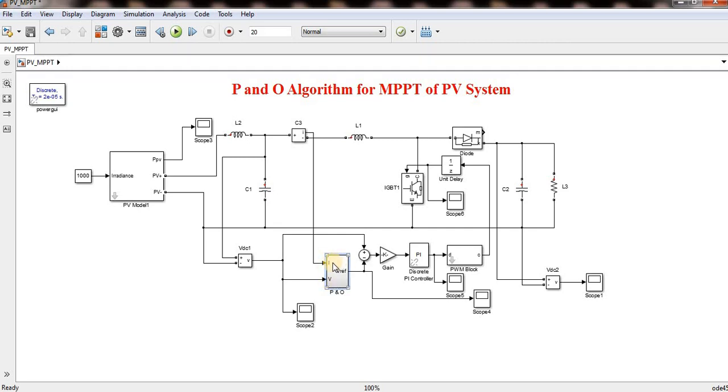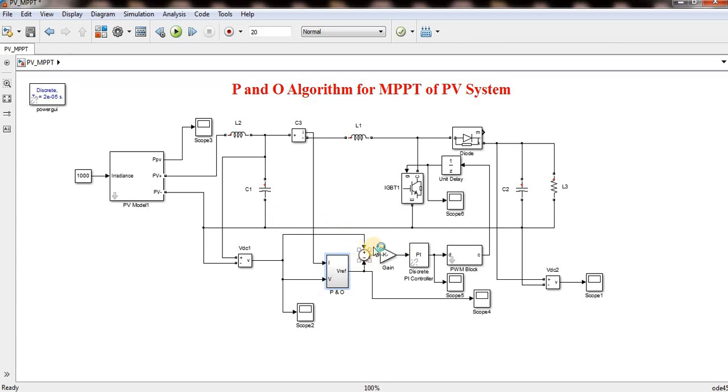The same PNV algorithms can work for wind generation also, PMSG based wind generation, but in that case I can't take the voltage. Instead of voltage I can take the current, I reference, because the speed of the wind turbine depends on the load current. If load current is more, speed will reduce; if load current is less, speed will increase. So they are inversely proportional, and the controller should have a reverse design. But here this is the V reference and this is the V voltage. The general thing is V reference should be positive and V should be negative.